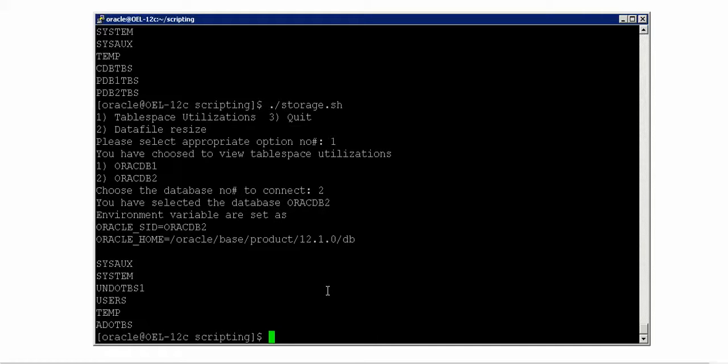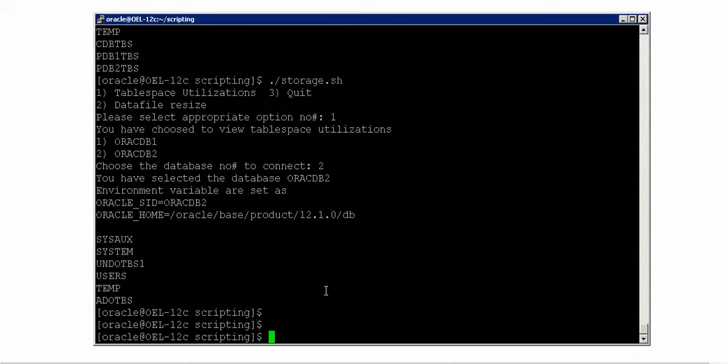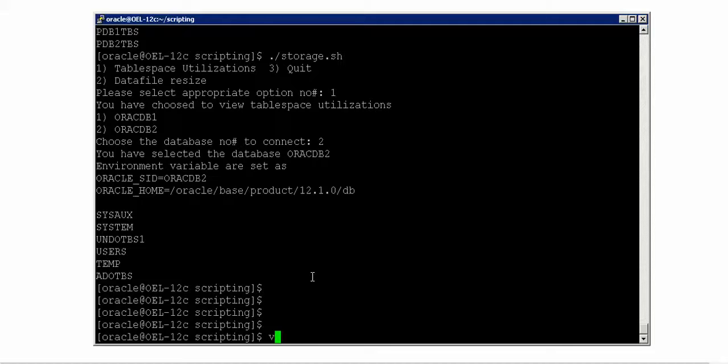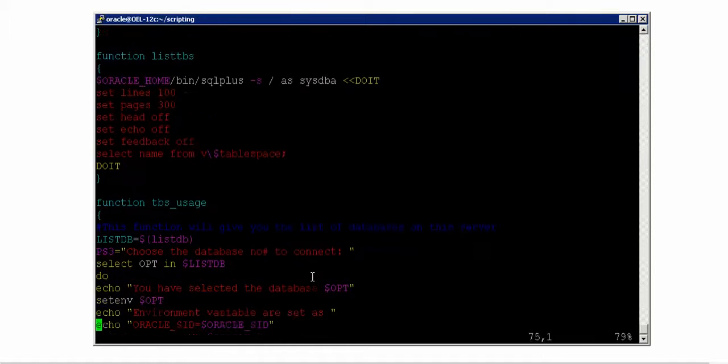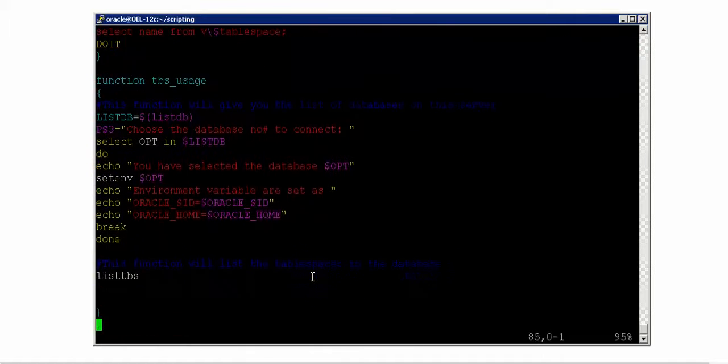Now the next job that I have to do is, how do I go and get the table space utilizations for each and every database? Now, what is the next one? I should allow the user to go and pick out of these things, right? So let me show how he can pick. So now what is there to do? I will be rerouting the output of this function into a select loop again.